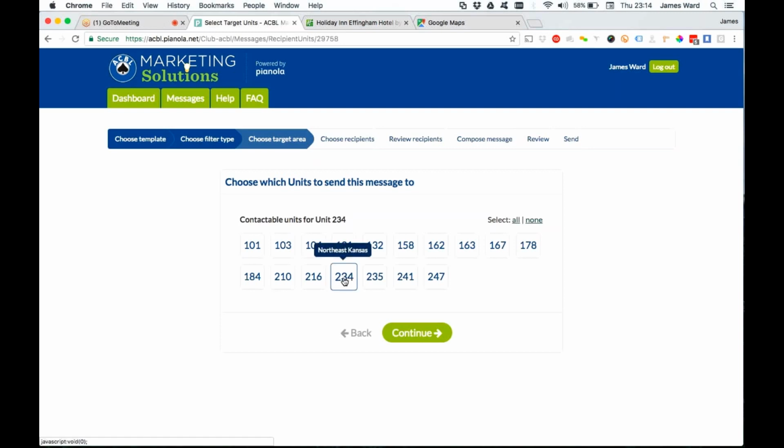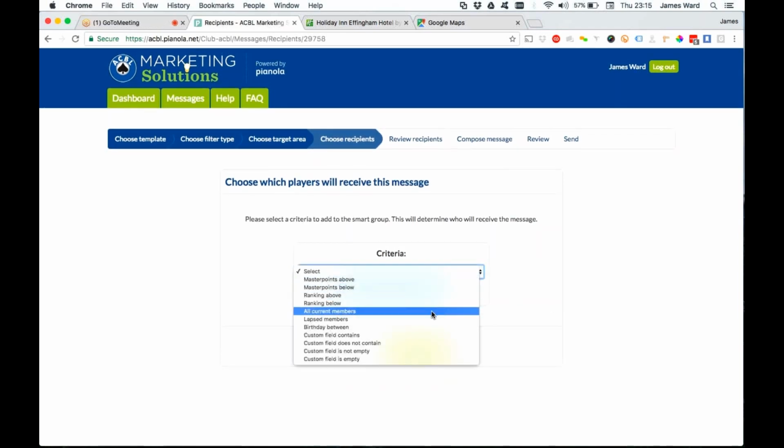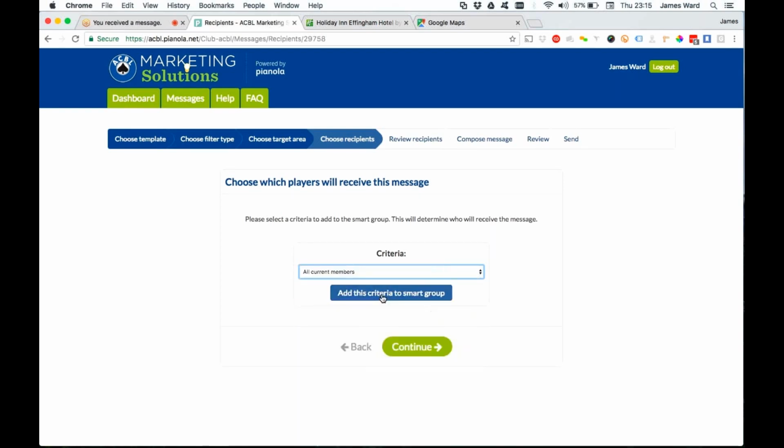So in this case, I'm sending this email on behalf of Unit 234, and if it's just a unit communication going out to unit members, then it's only really appropriate to send to Unit 234. So I'll just select that unit. From here, it's really the exact same process. In this case, I'm going to choose all current members